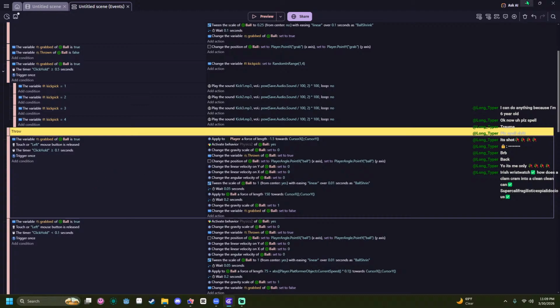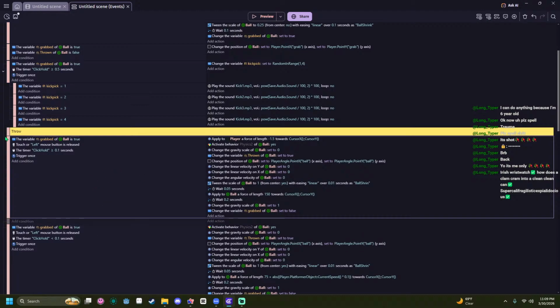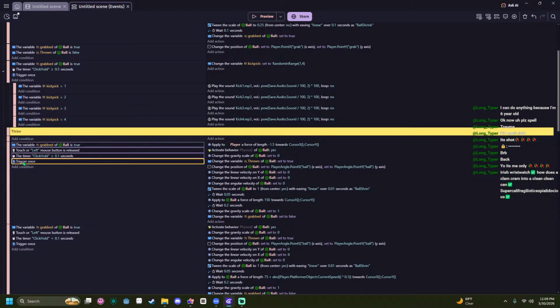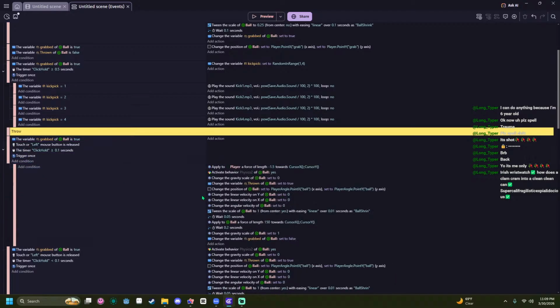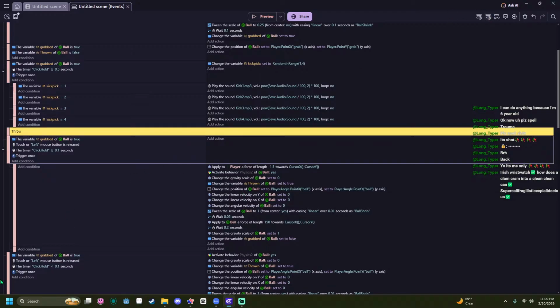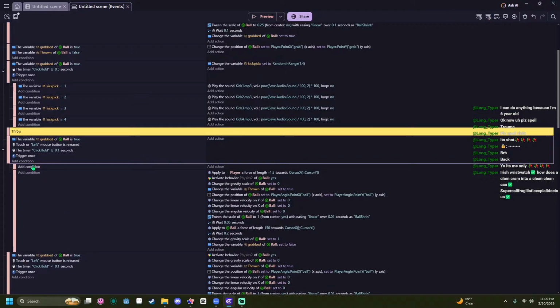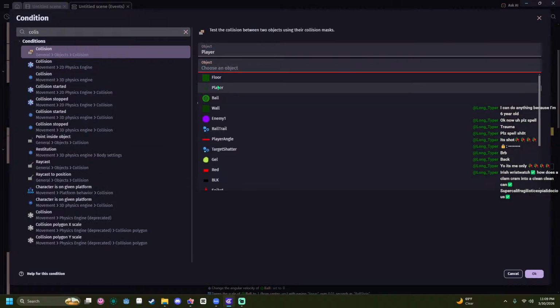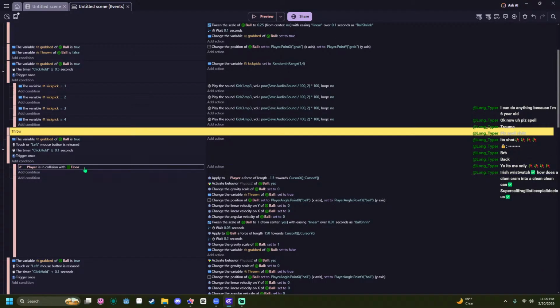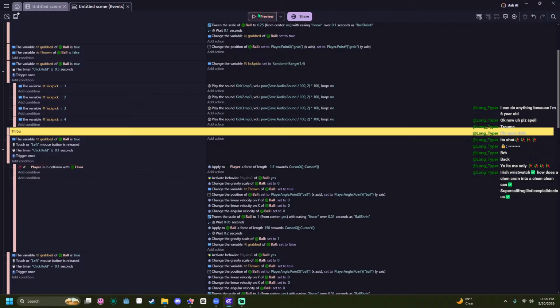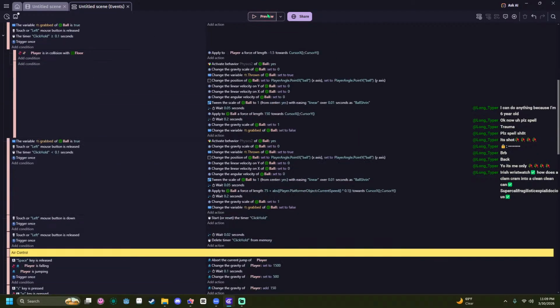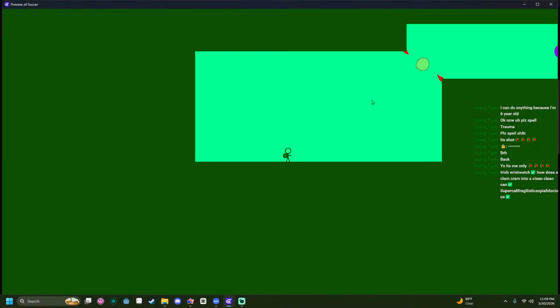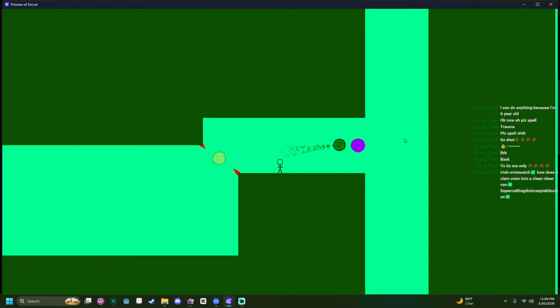Okay, here's what we need to do. Above, move all these into here. It's under it. Add a new line. If player is not in collision with the floor. If they're not in collision, then apply the force to the player. There we go.